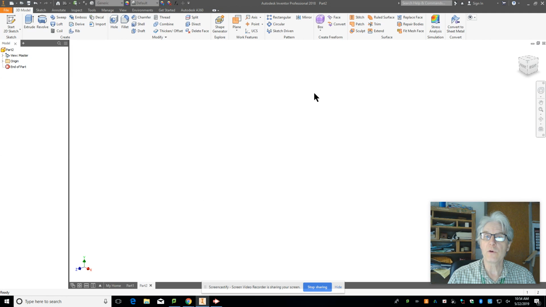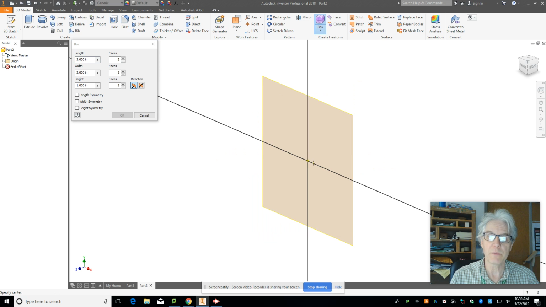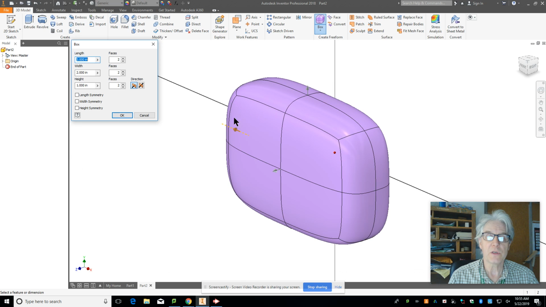Okay, so Freeform works like this. You simply open a new part. You decide what shape you want. And you often have options as to how many faces and so on. Anyway, it needs to find a plane to base it on and a point. And once it goes there, you then